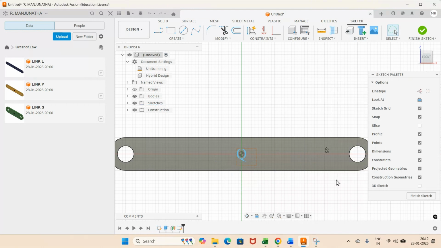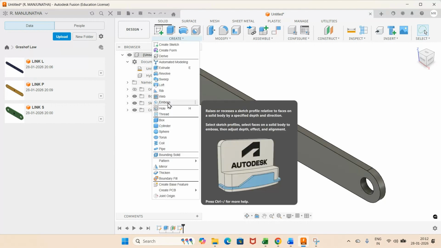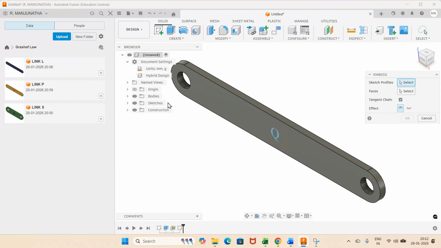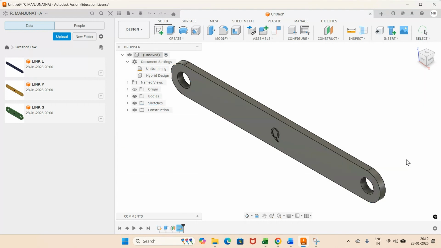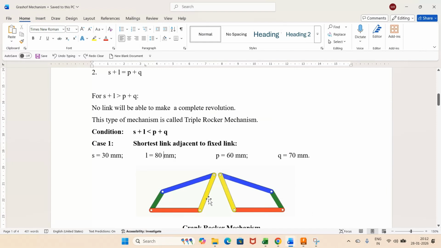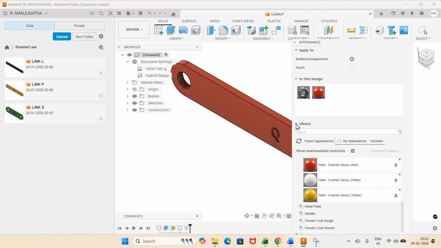Now you go to finish sketch, go to 3D, go to create, go to emboss. Sketch profile is this text and then faces as this. And the depth is 0.2 mm and say OK. Now once you do that, now we will have this as the red one. So I will just go to appearance, take this red and say OK and minimize this library and say close